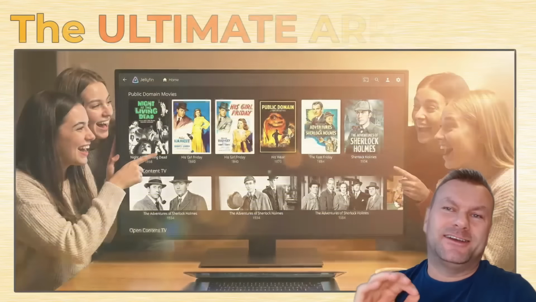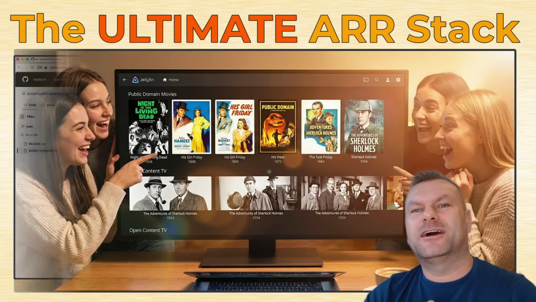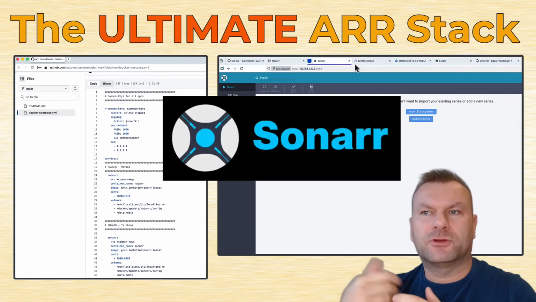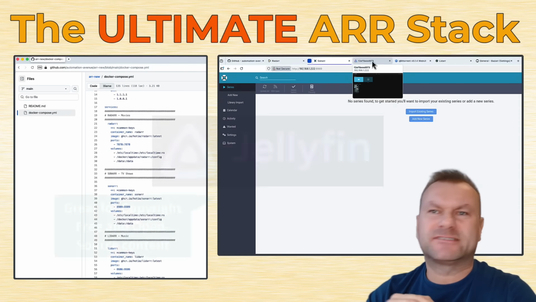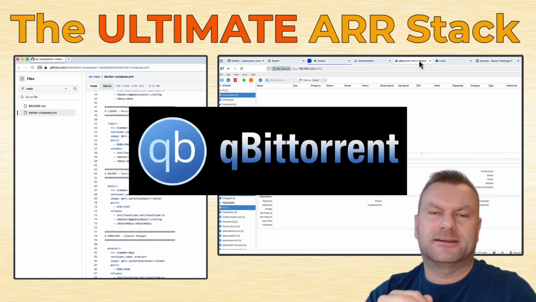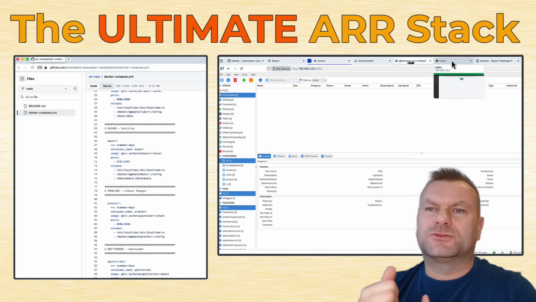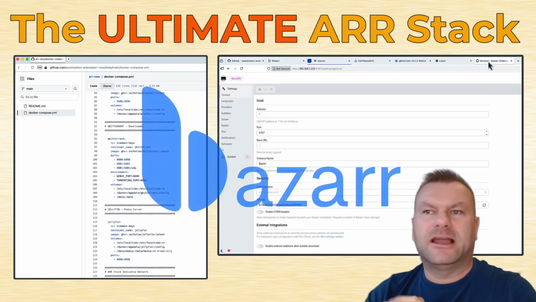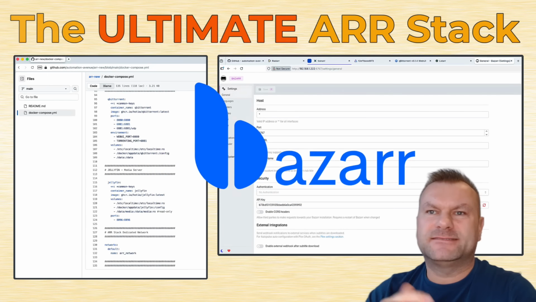This is it, it's the ultimate updated version of my ARR Stack. And in this video I'm going to show you exactly how to build it and how to configure this setup from scratch. All step by step, so you will end up with the entire new automated ARR Stack up and running. And this ARR Stack includes Radarr, Sonarr, Prowlarr, Jellyfin, qBittorrent, Lidarr and Bazarr, but you can easily add more